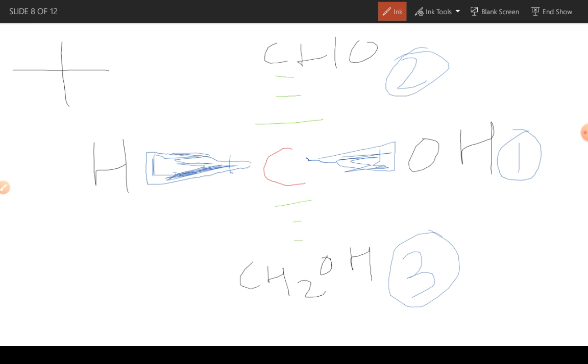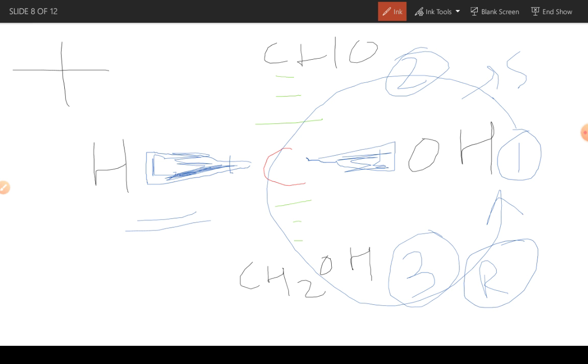See, from here I have got 1, 2 and 3, means it is in anti-clockwise direction, which will be S configuration. But as H is coming towards us, we will change the configuration from S to R configuration. Here the answer will be R configuration. So I hope we have got the same answer that we got previously and now. This is the same concept. So I hope you have understood the concept behind this, and I hope you have learned it very carefully.